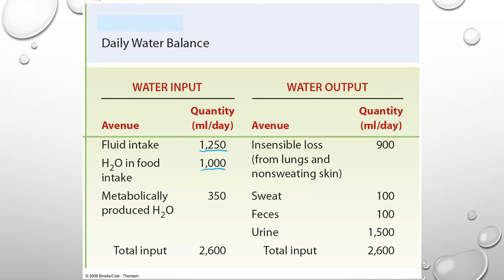We said that we also have this metabolic water production. And so the cells in our body are producing roughly 350 milliliters a day, depending upon their metabolic activity. And that gives us a grand total in the neighborhood of 2,600 milliliters. So for everything to balance out, that means that we've got to get rid of that 2,600 milliliters throughout the